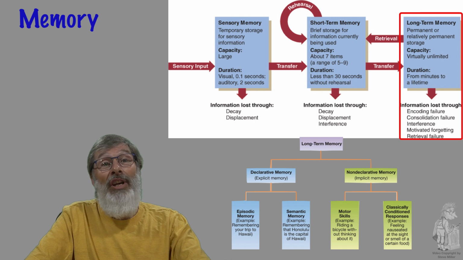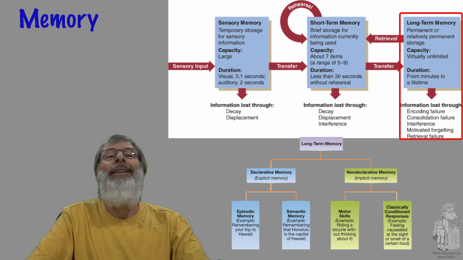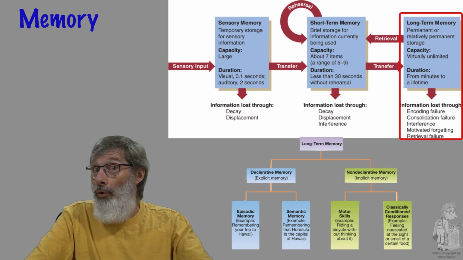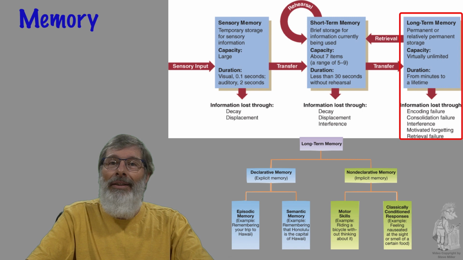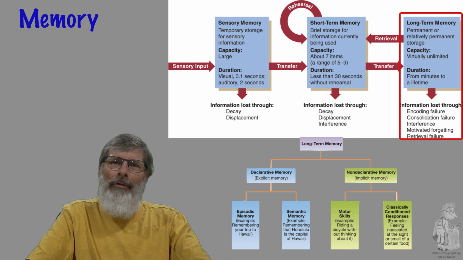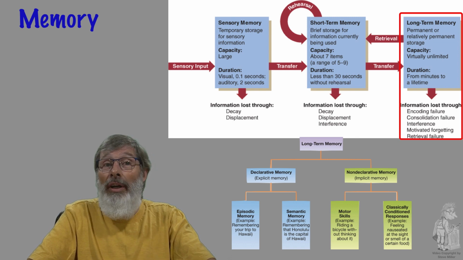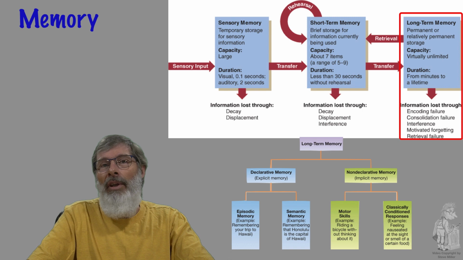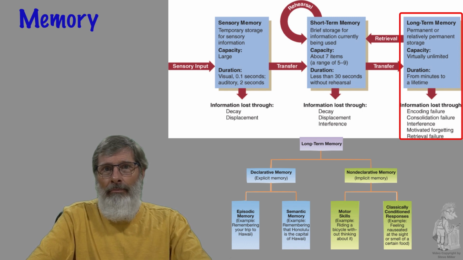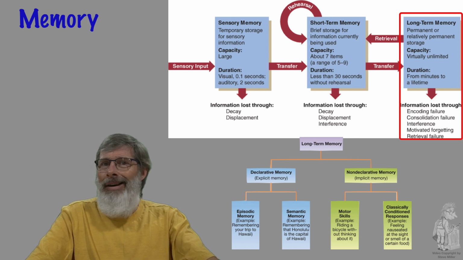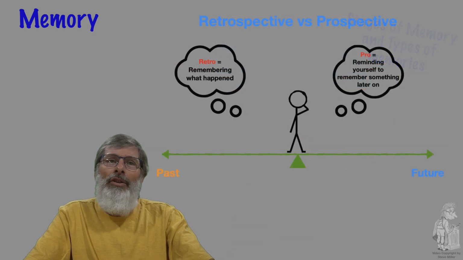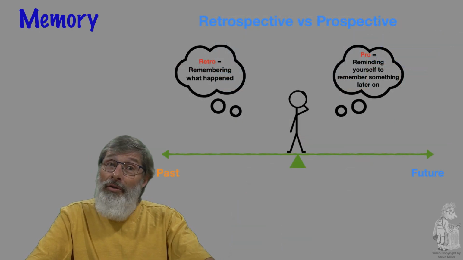Implicit memories are suggested, in other words, implied but not declared. Implicit memories are illustrated by things that people do, but not by the things they state. It can involve skills, both cognitive and physical. They reveal habits and involve effects of conditioning, things that we have learned. Implicit memories can persist even when we're not using them for many years, and can become relatively automatic, referred to as priming. Now, there is what's known as retrospective memory versus prospective memory.